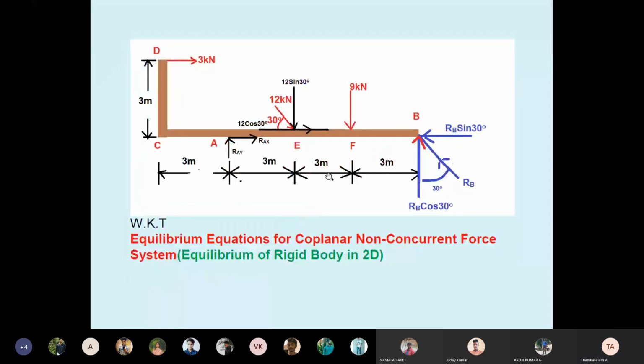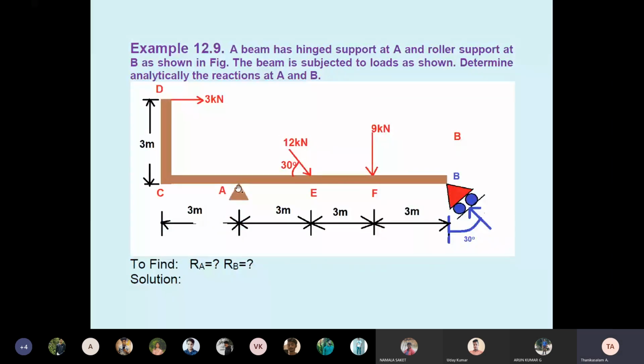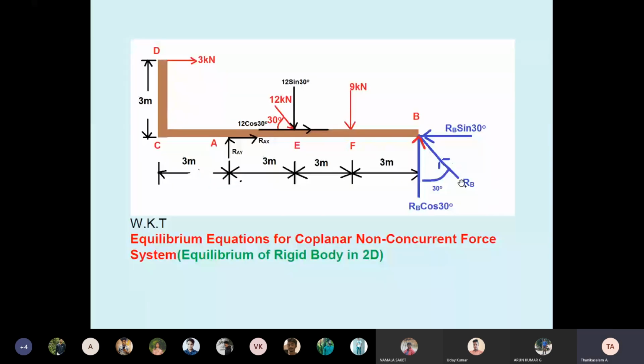The arrow mark. So we draw the free body diagram. Here the hinged support A, therefore RAX, RAY. The roller is inclined. The given mention is that the roller has only one reaction, so it goes to RB. That is what I have taken as RB. It goes to the B point. Where we are given the Y axis, therefore RB is resolved into RB cos 30, RB sin 30. What are the forces we resolve? The 3 kN is acting, so no need. There is a point load also.